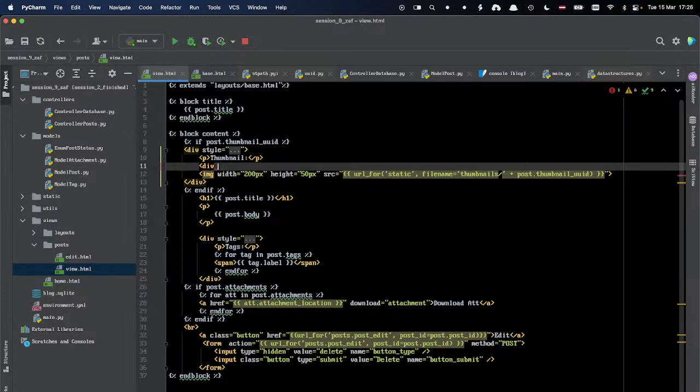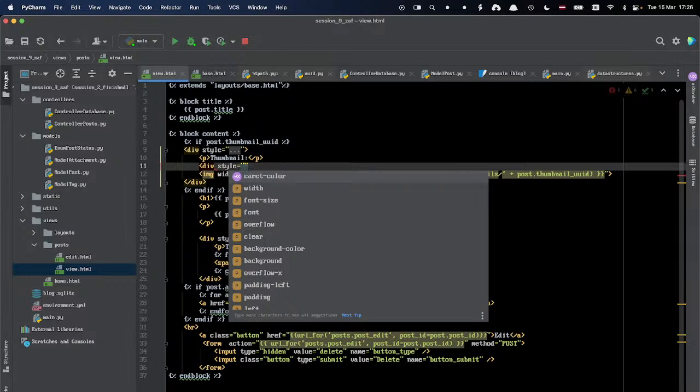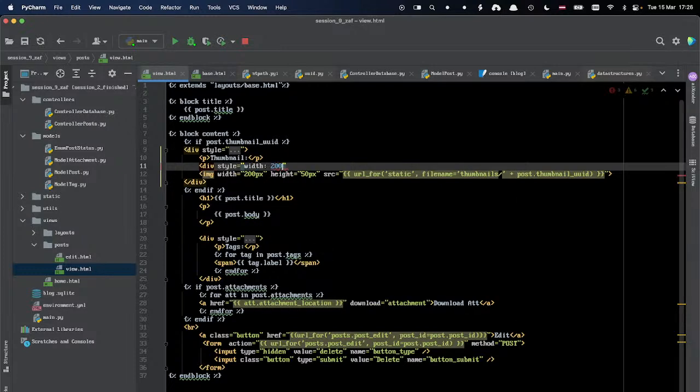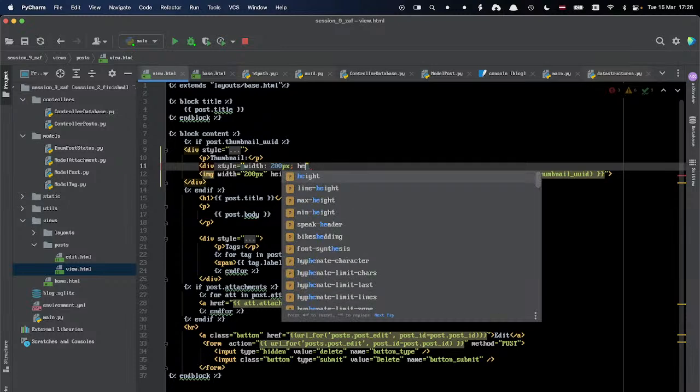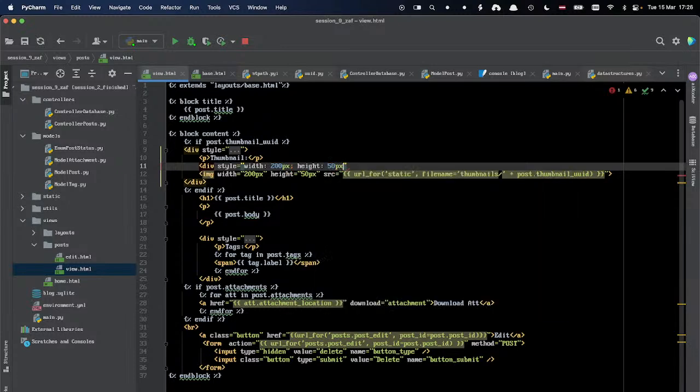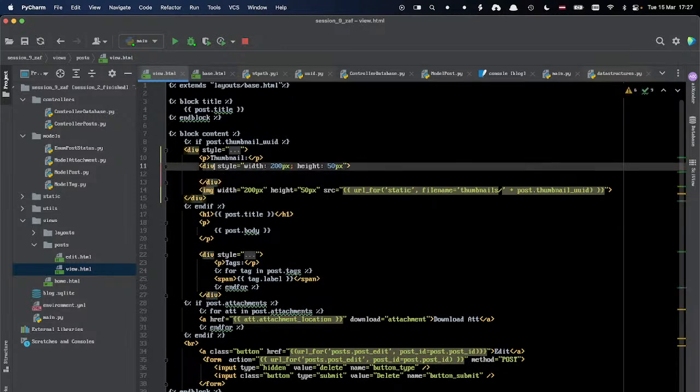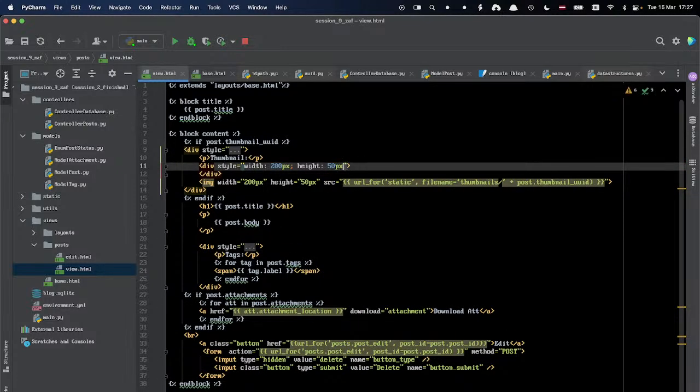So let's see. So style. Again, it would be better to write the style inside the CSS style sheet, not here. But if you would like to do what you tried to attempt, I would write width 200 pixels, height 50 pixels. So I have a nice div going on here. Then I would add the